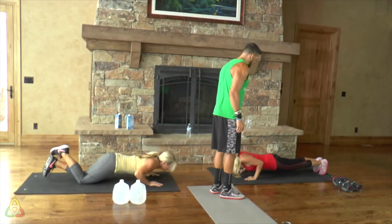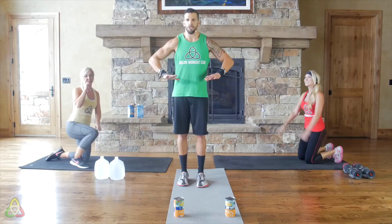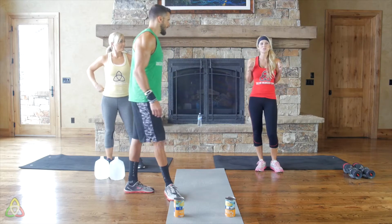Yep. So as you can see, Lynn's coming all the way down, touching her chest and coming up. Notice the elbows. In a normal push-up, your elbows are out, away from your body. This time, your elbows are in. Yeah, just like this. Okay? For most people, because the tricep muscle is such a small muscle, doing tricep push-ups on your feet